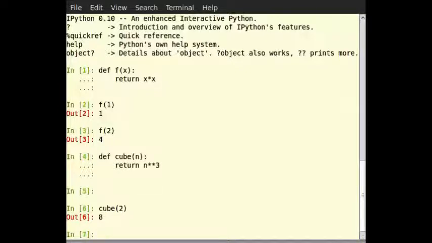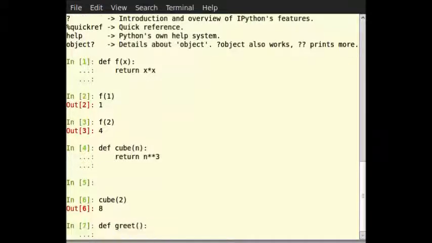And now let us see how to write functions without arguments. Let us define a new function called greet, which will print hello world. So type def space greet, with plain brackets, then type colon and hit enter. Then type print within double quotes hello world exclamation.